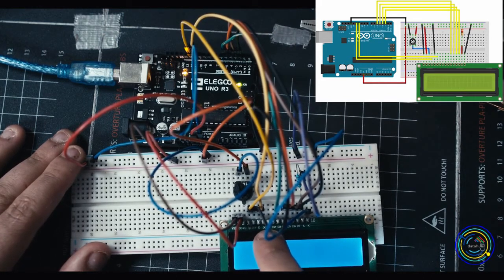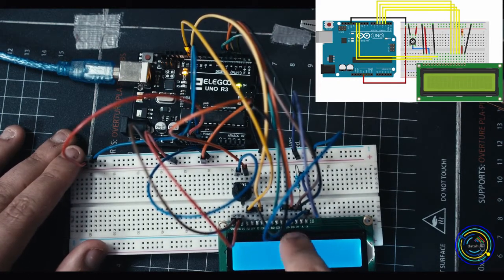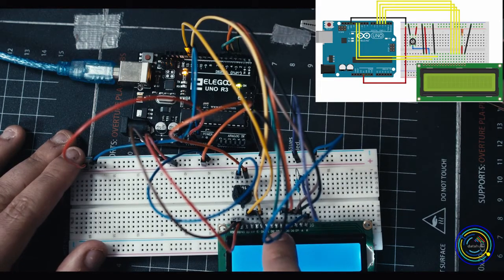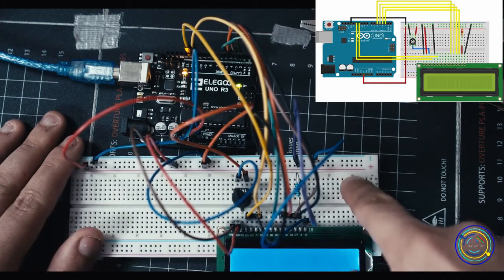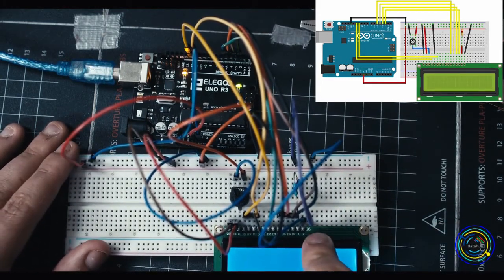cable going to 11. Then we skip over 4 dots, 1, 2, 3, 4, and we go over to our green cable here, which goes to 5. The next one goes to 4, the next one goes to 3, the last one goes to 2. Then we put our resistor from A into power line, and then we put our blue cable from K into